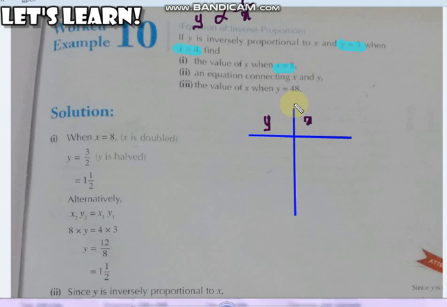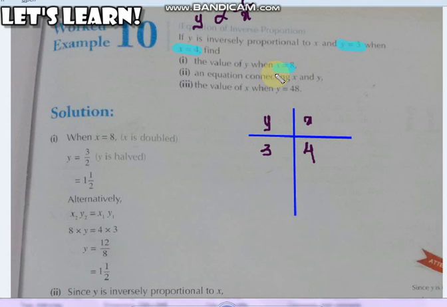Now what we will be doing is we're going to put down the values here. y की वैल्यू y के नीचे आएगी, x की वैल्यू x के नीचे आएगी. So in the top question we were told the values of y and x which are connected to one another. So the value of y is 3. y की वैल्यू 3 थी जब x की वैल्यू 4 थी.